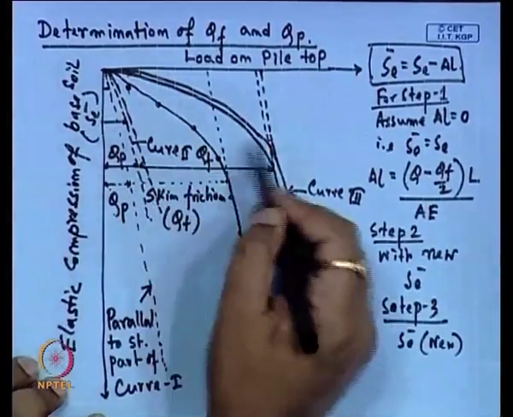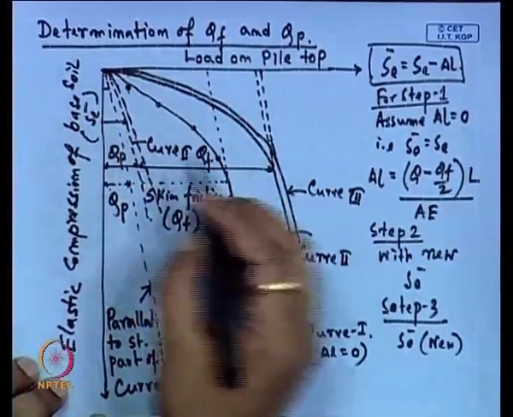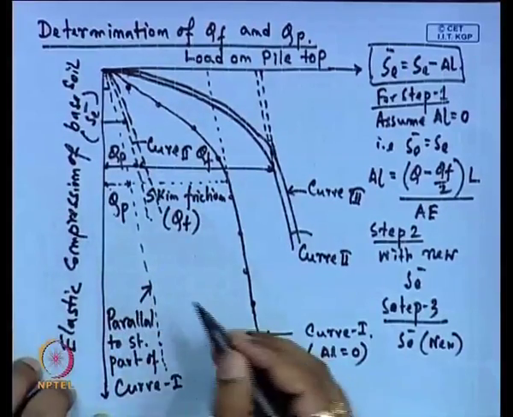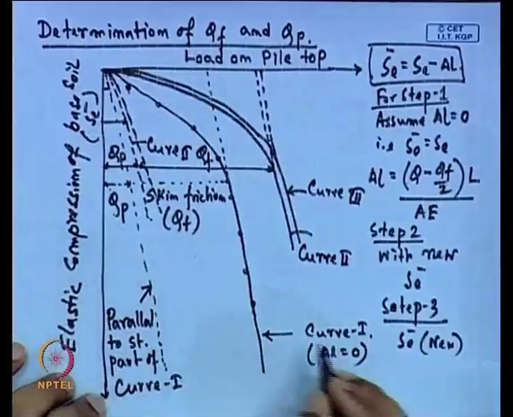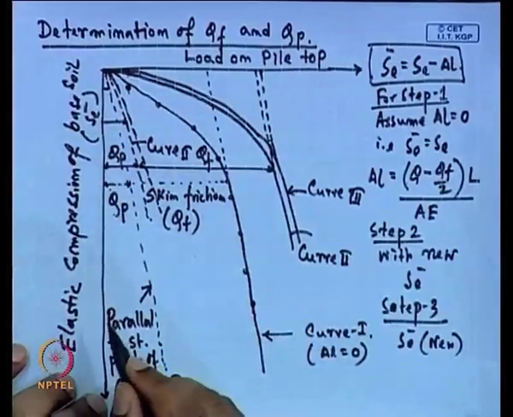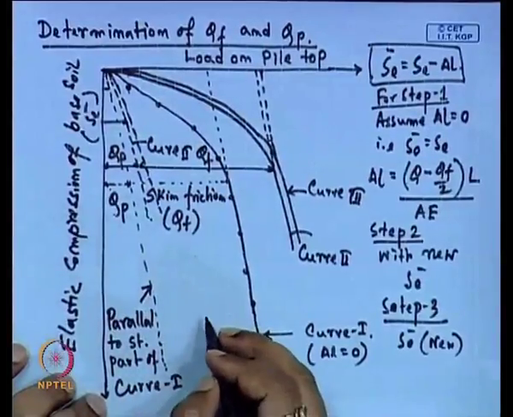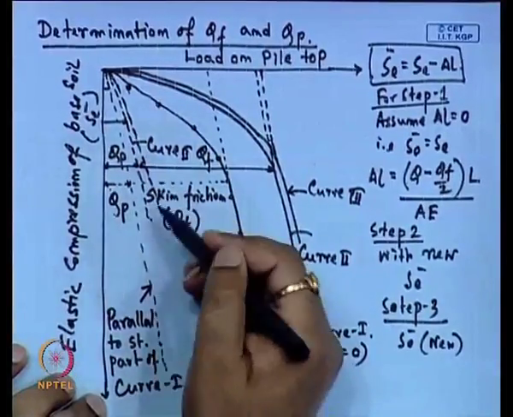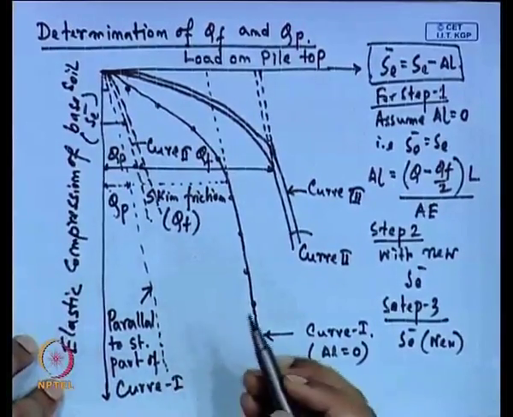Now, this will give us the ultimate load carrying capacity, the contribution from the friction and the tip separately. Now, if we want to find the safe pile capacity, then we have to divide these by a factor of safety. For the skin friction resistance, if we divide this part by factor of safety, we will get the safe friction resistance and safe bearing resistance that we can determine from the pile load test. So, by this method, the cyclic pile load test, we can separately determine the contribution from the friction resistance and from the tip resistance of the pile.